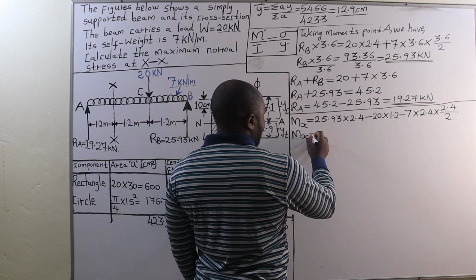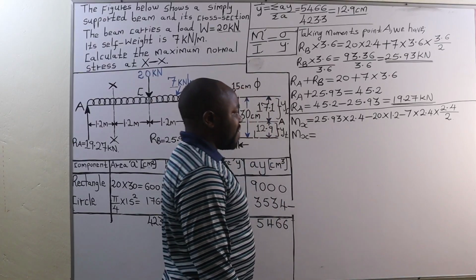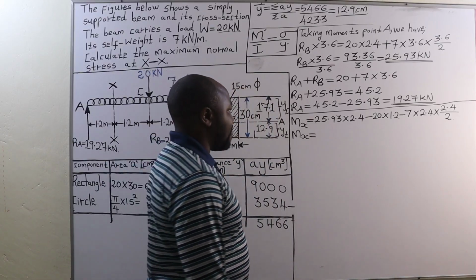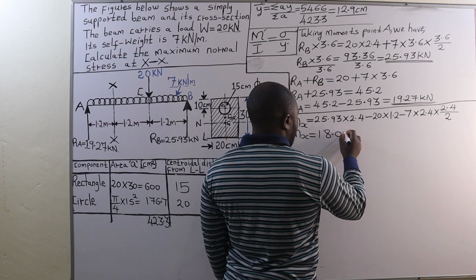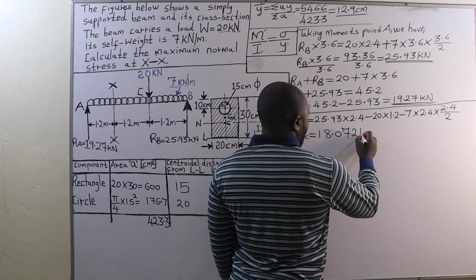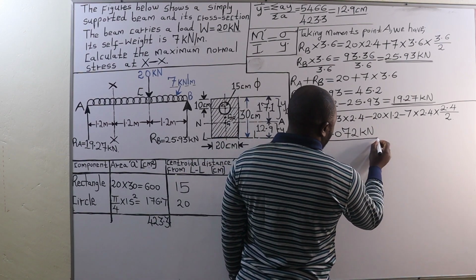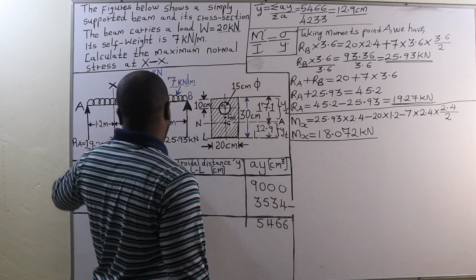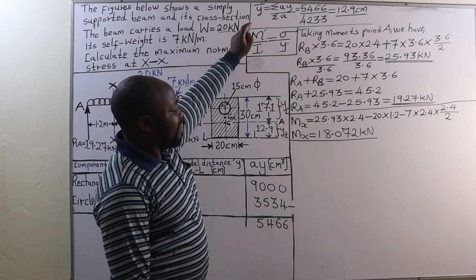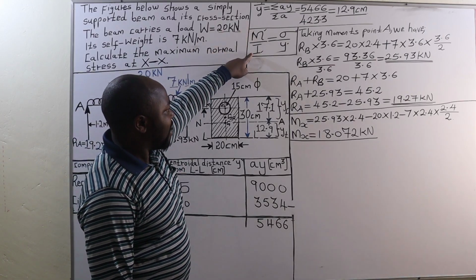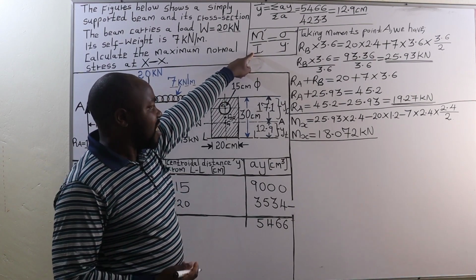Now, mx will be given by, when you solve all that, we are going to have 18.072 kilonewtons. Therefore, that is the bending moment at XX. Now, after getting the bending moments, the next thing is to calculate the value of the moment of inertia of